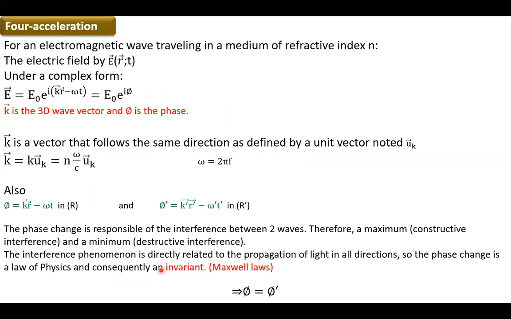Okay, so let's see about this 4-vector. This is not the 4-acceleration. Now we are seeing the 4-wave vector, which is another 4-vector that would be interesting to see in field theory, because the next phase of field theory is all about electrodynamics and electromagnetism. So if you consider an electromagnetic wave, any wave of light traveling in a medium of refractive index n,